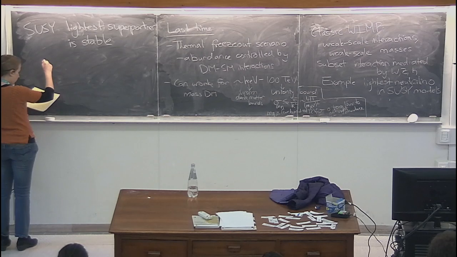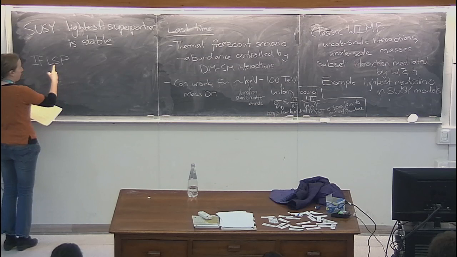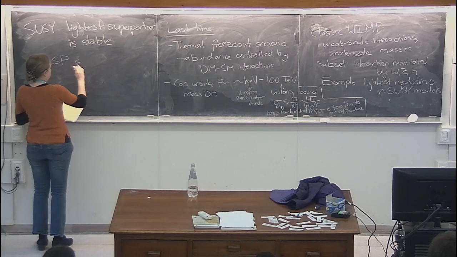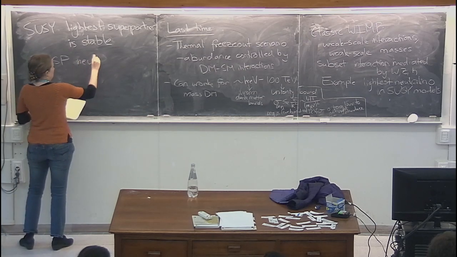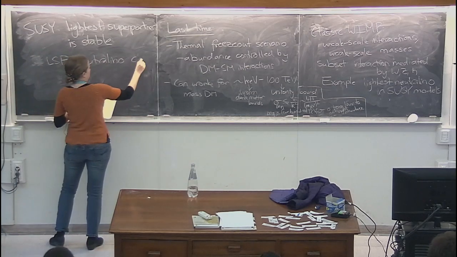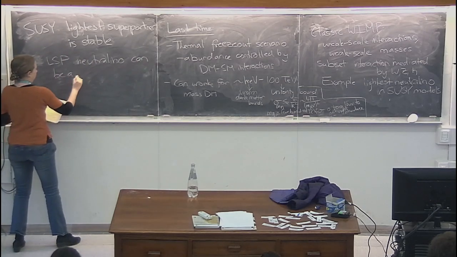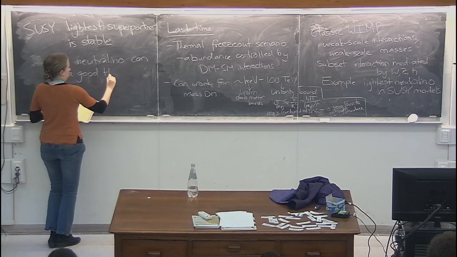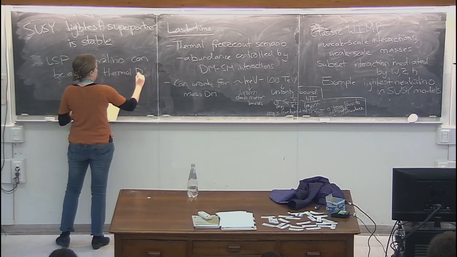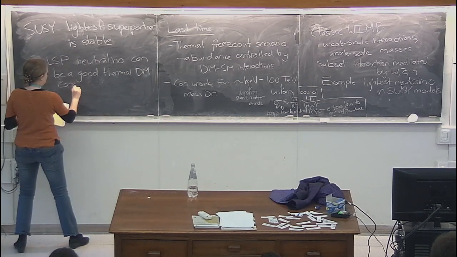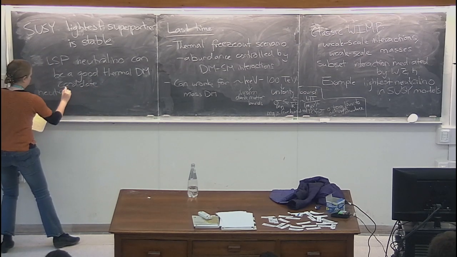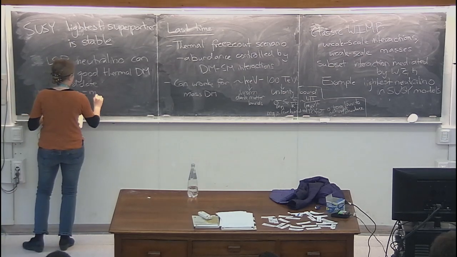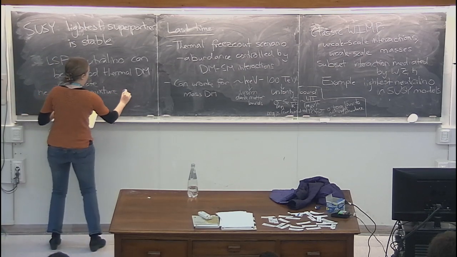So if the lightest supersymmetric particle, the LSP, a common situation is the LSP neutralino can be a good thermal DM candidate. So neutralino here means fermionic superpartner of the W boson